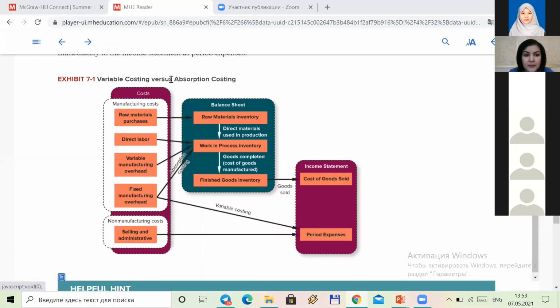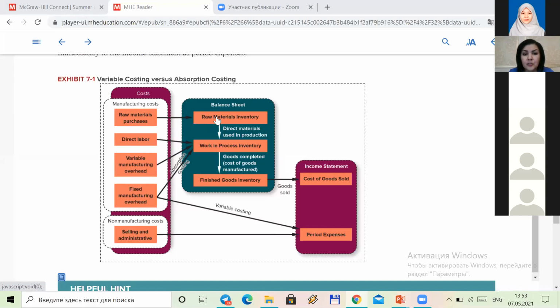So, variable costing versus absorption costing. We have manufacturing costs: raw materials, direct labor, variable manufacturing, fixed manufacturing, and we have non-manufacturing costs. So in absorption costing, so this